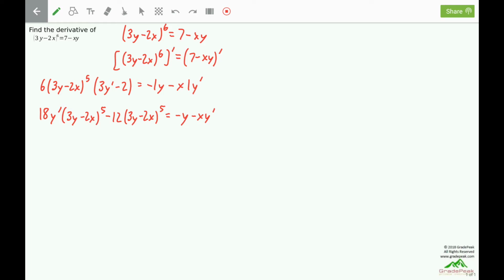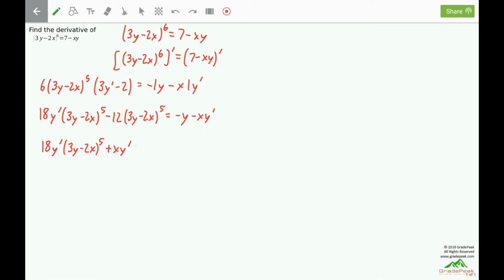We want to isolate the y prime terms. The one on the left is already positive. The one on the right, if I move it to the left, will become positive. And that means this term needs to move to the right, which in this case it will also become positive. So we have 18 y prime times (3y − 2x)^5, moving over, adding over,